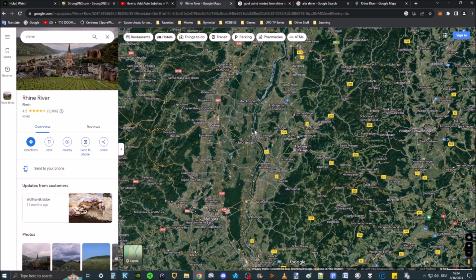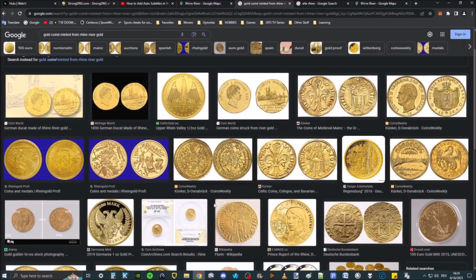A good way to find an area to start with is to look at old coins. Now here, these are old Roman coins and early Germanic coins. A lot of these, the gold, it was a status symbol to say that your region or your area had gold. So they would mint the region of where the gold was collected. So like here, Bavaria. So we know within the Bavarian region of the Rhine, because this is Rhine gold,